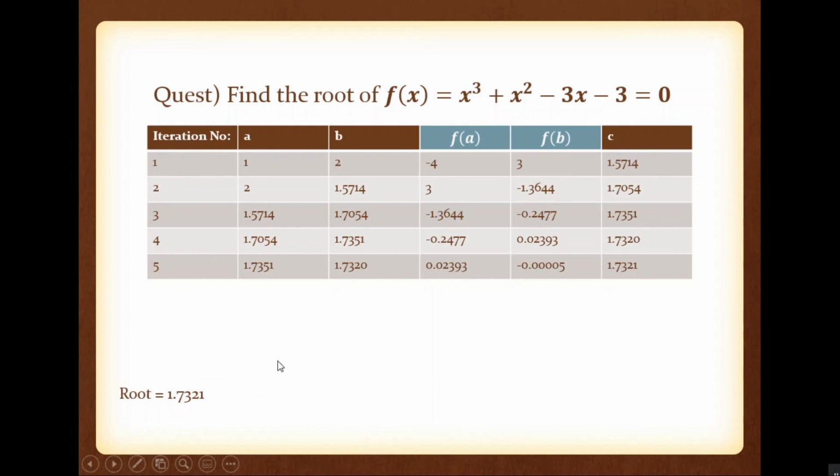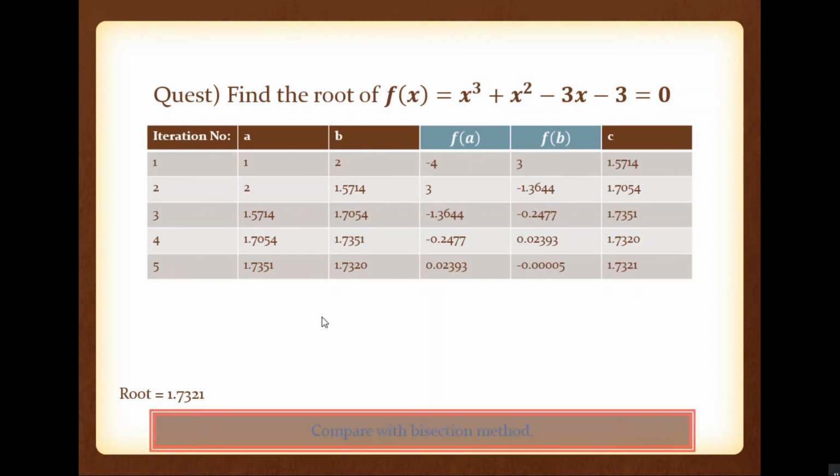Okay. So you can see that we used the bisection method and the second method to find the root of the same equation. But what is the difference? In the bisection method, it took around 17 steps, 15 to 17 steps. But here we took 5 or 6 steps. If you compare the previous value and current value, it will take 6 steps. So the number of steps is largely reduced, meaning the speed of convergence is large. Okay.